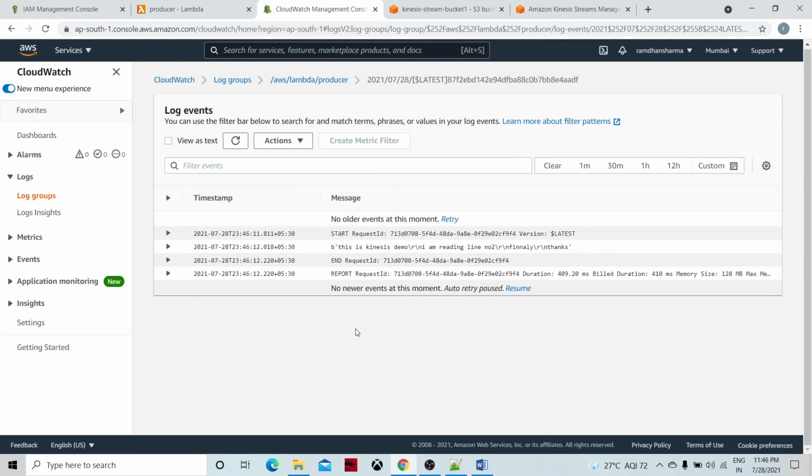The start request has been done, and then this is Kinesis demo. I am reading line number 2. So the data has been received by this one. CloudWatch is saying that we got the data, right? The producer has received the data.